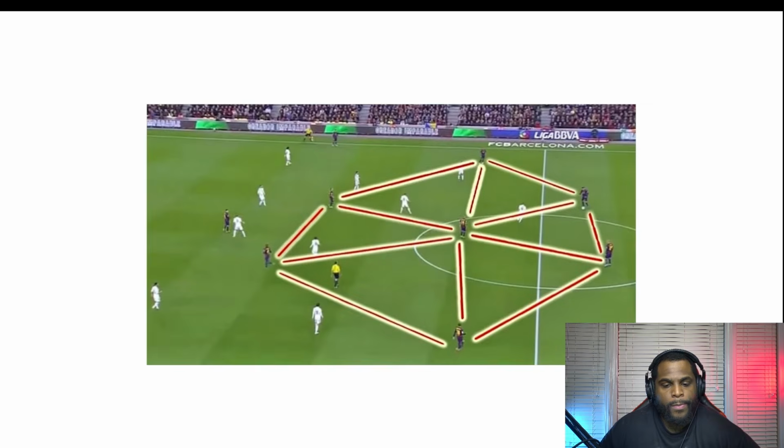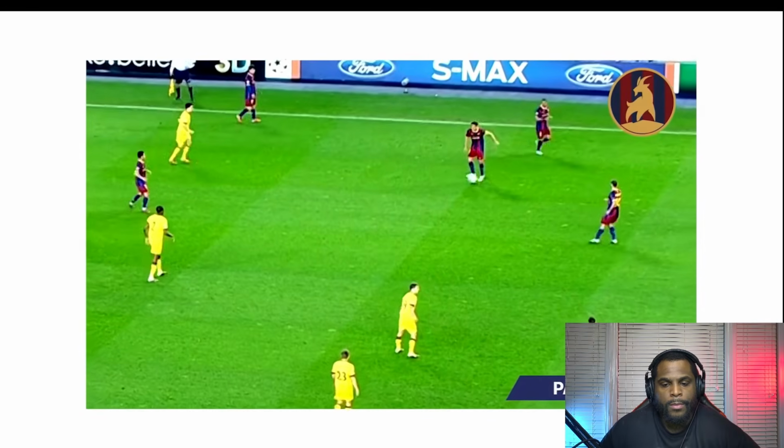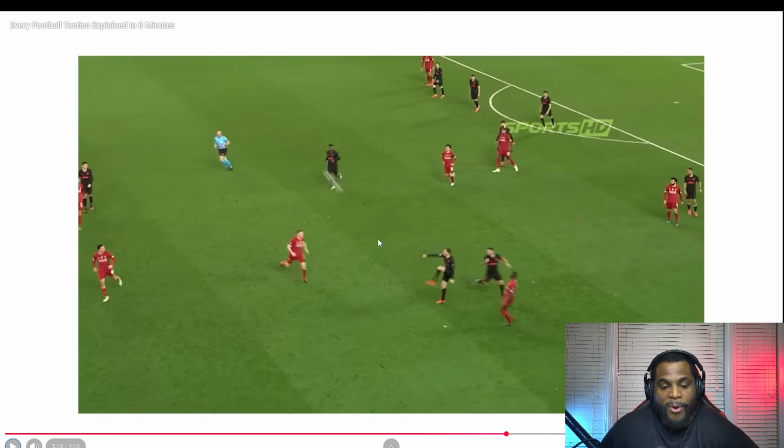Tiki-taka, or possession football, is all about keeping the ball and patiently waiting for the right moment to attack. Instead of playing... Okay, I know for a fact, like I said, I'm new, but I know for a fact,